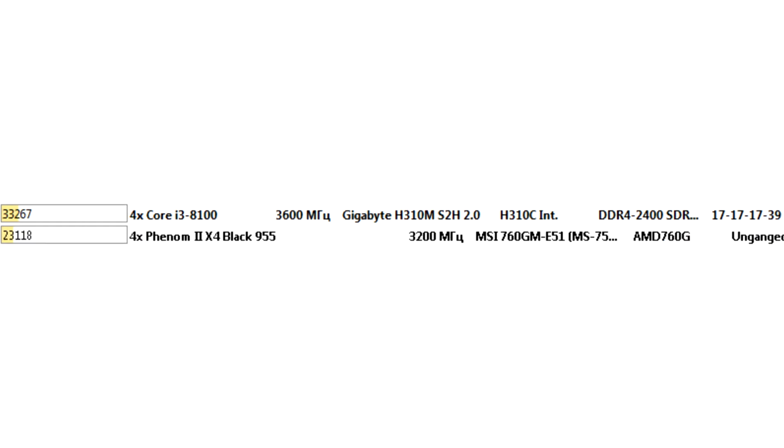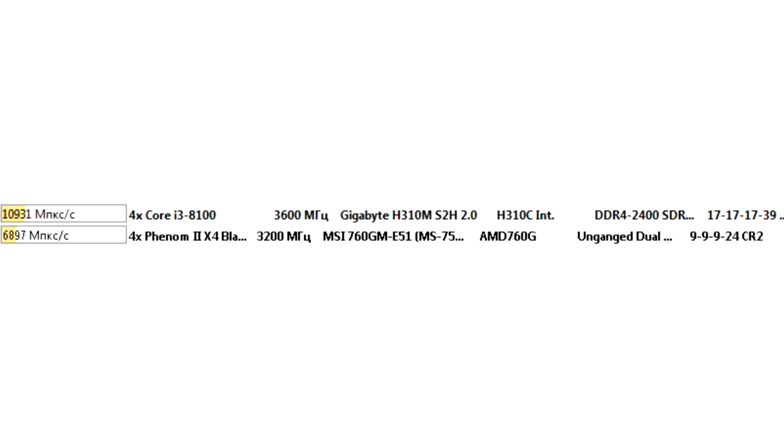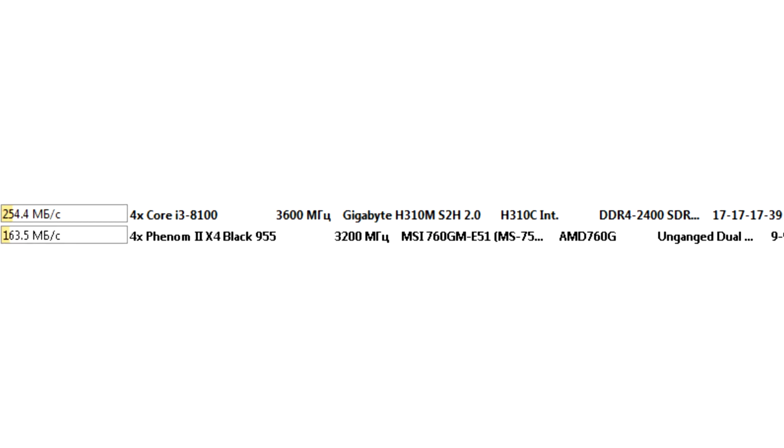The fifth test is CPU Queen. Processor tests begin. In this test, the Intel Core i3-8100 processor is 43% faster than the AMD Phenom II X4 955 Black Edition. A noticeable gap. The sixth test is CPU PhotoWorks. In this test, the advantage of the Intel Core i3-8100 processor is 58%. The seventh test is CPU ZLib. In this test, the processor from Intel Core i3-8100 breaks away from AMD Phenom II X4 955 Black Edition by